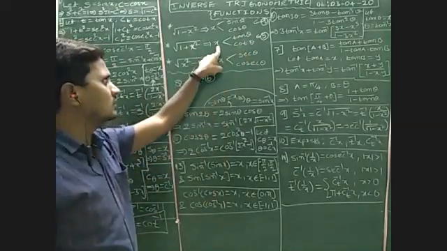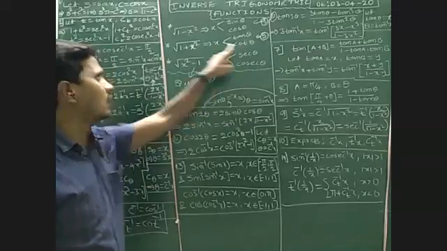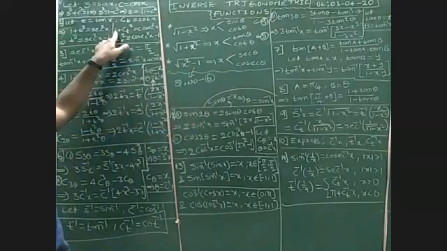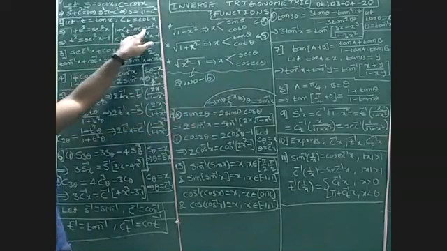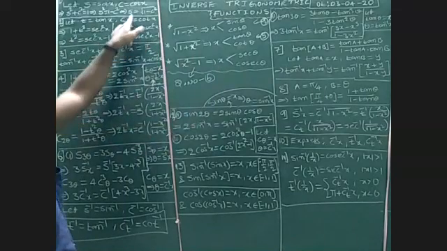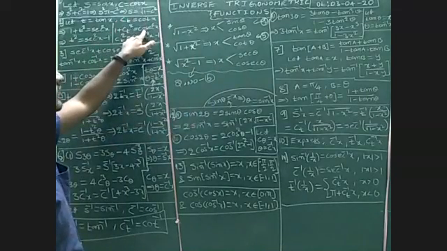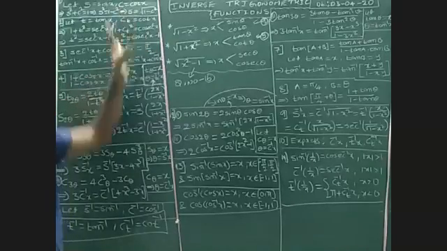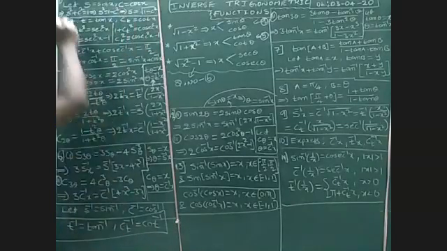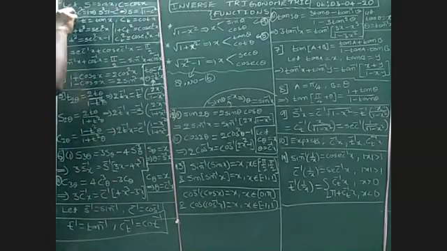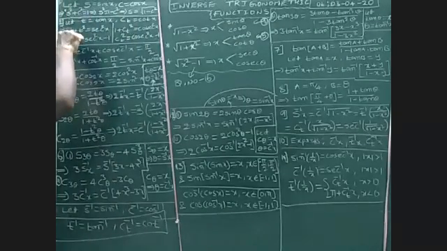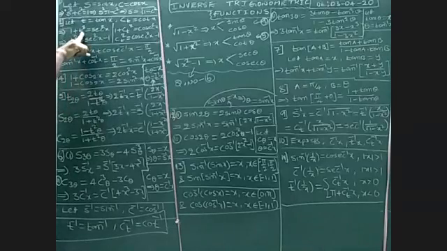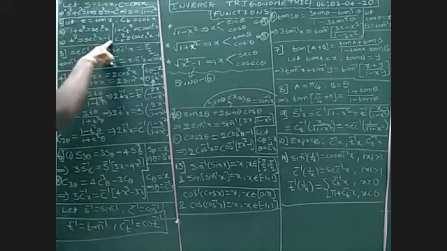When you substitute x is equal to cot theta, we get this formula: 1 plus cot square x is equal to cosecant square x. This is also a trigonometric formula. So these three formulas are very important: sin square plus cos square x is equal to 1, and 1 plus tan square is equal to secant square. From this, what is tan square x? Taking 1 to the right side, tan square x is equal to secant square x minus 1. Remember, secant square x minus 1.